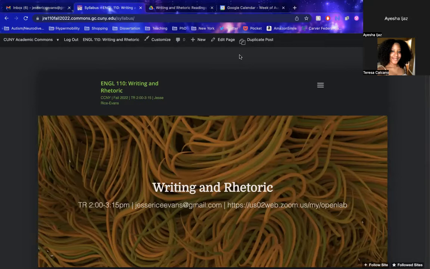You used your Gmail account to sign up for the Commons? Oh, no. For Commons, I used my school account that has the .edu. And for CUNY First, I use my Gmail. That should be fine. My only concern is if in CUNY First your Gmail is connected, Blackboard will not sync with non-CUNY email addresses. The only thing we're going to be using Blackboard for is that I post announcements there and it'll automatically email all y'all. But the only way that works is if your Blackboard email is your CUNY email.